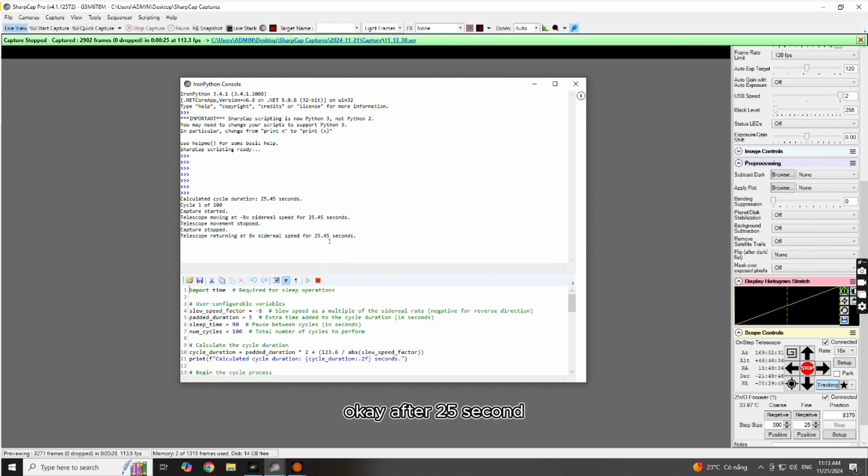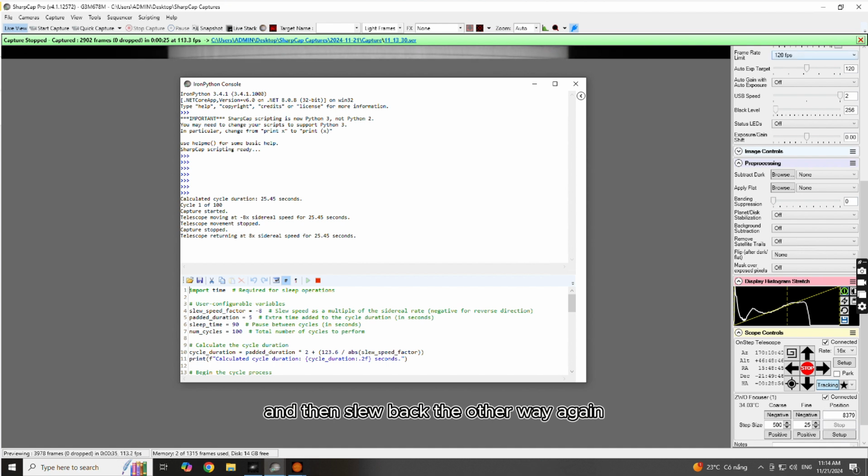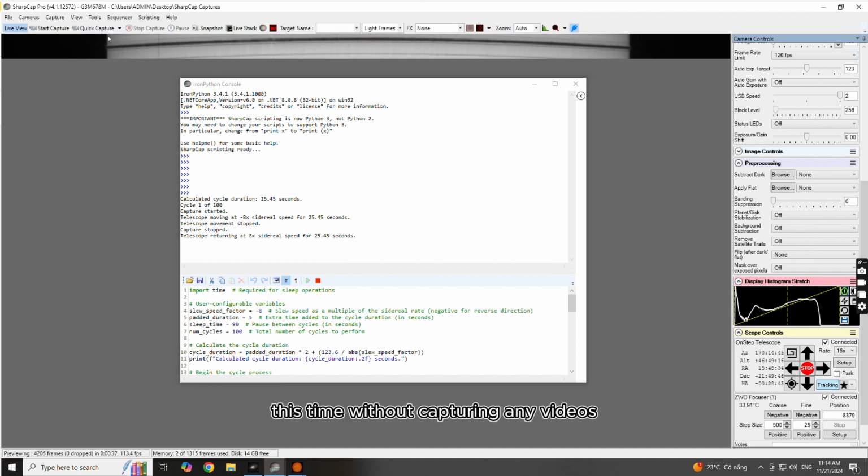Okay, after 25 seconds, it will stop the capture and then slew back the other way again, this time without capturing any videos. It's just returning to the other side of the sun disk and waiting for the capture to start